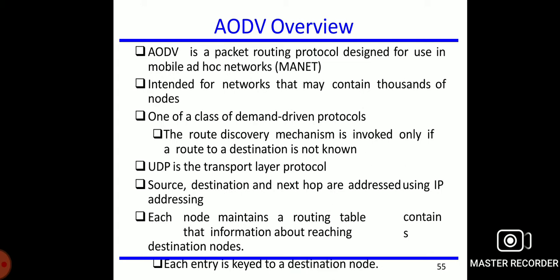The packet size in AODV is uniform, unlike DSR. AODV attempts to improve on DSR by maintaining routing tables at the nodes so that the data packets do not have to contain the routes.